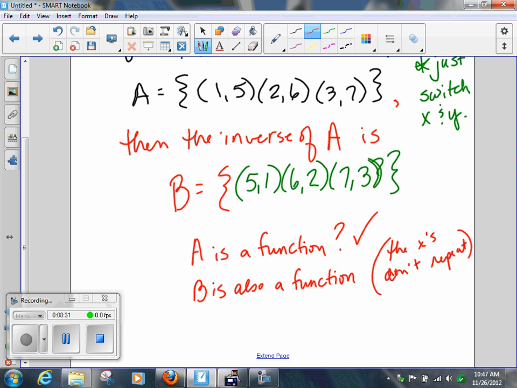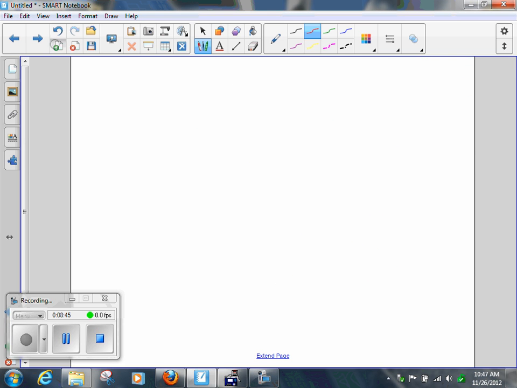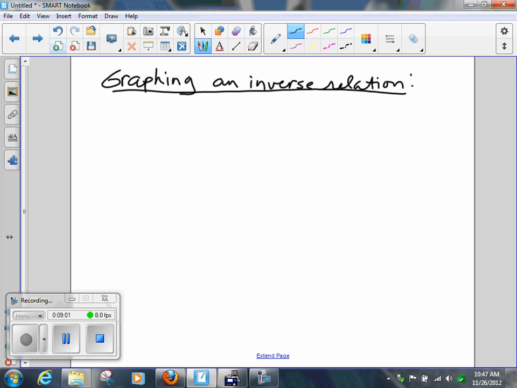Okay. Now, what are we going to do with these? That's easy when you're just switching up the values of an ordered pair. That's very, very simple. But if I wanted to look at graphing inverses, things change a little bit. If we wanted to graph an inverse relation, folks, the thing you've got to know is that the inverse